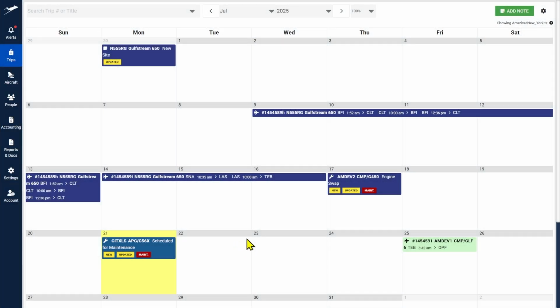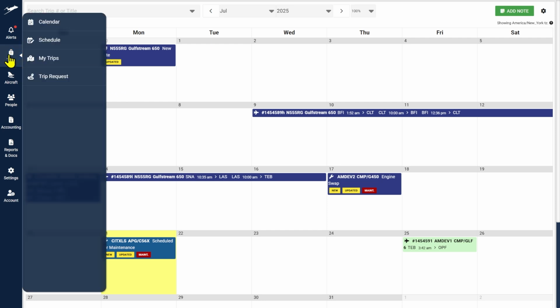Let's begin with the main dashboard after logging in as a maintenance user. You'll notice that your navigation menu is tailored specifically to your role, providing access to the maintenance-focused areas you need while keeping the interface clean and organized. As a maintenance user, you'll have fewer menu options than administrators or schedulers, focusing on the tools most relevant to